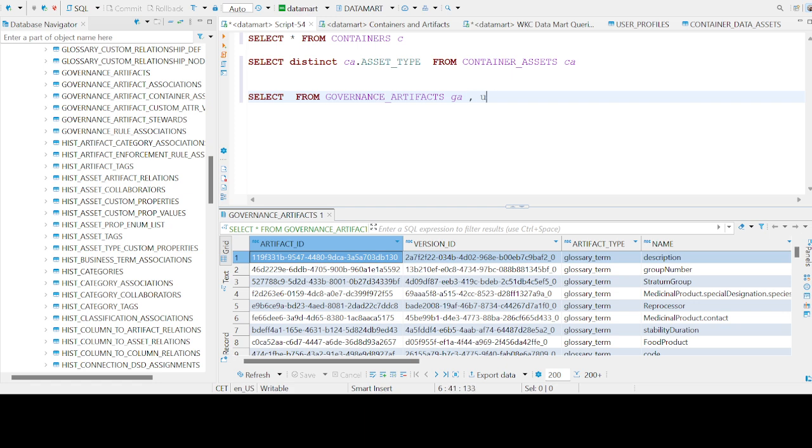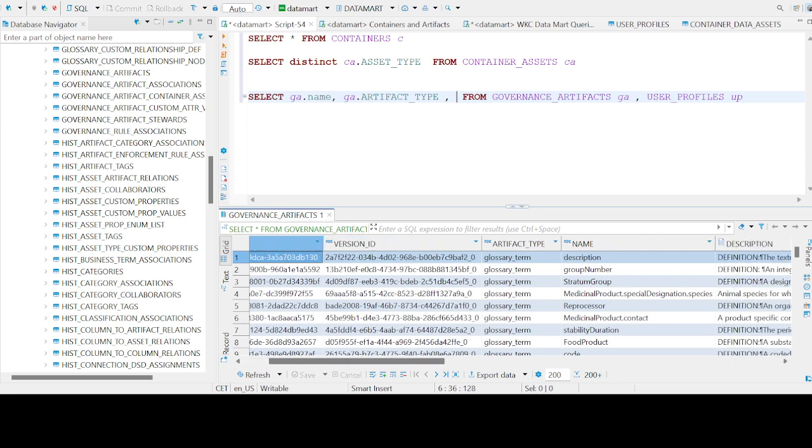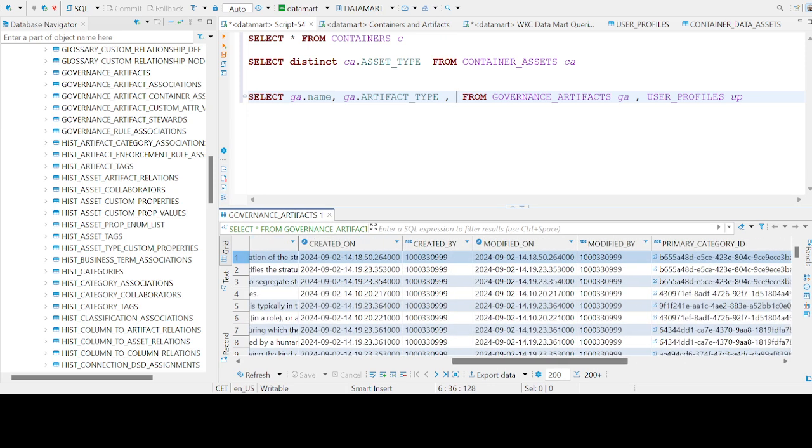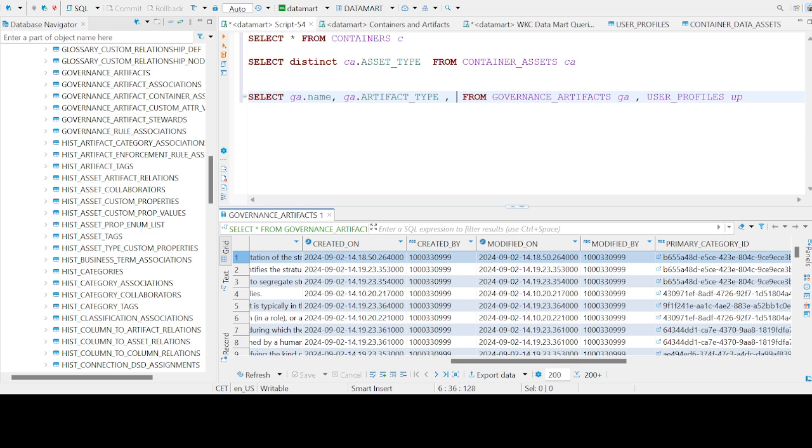So for example, if I want to join it with the user profile table, okay, I can show, for example, the governance artifact name. I can show the governance artifact, for example, artifact type, okay? And then I want to show who is the creator of the table. So created by is the user, but because I want to see the name, I want to go to the user profile and say username, okay? And then